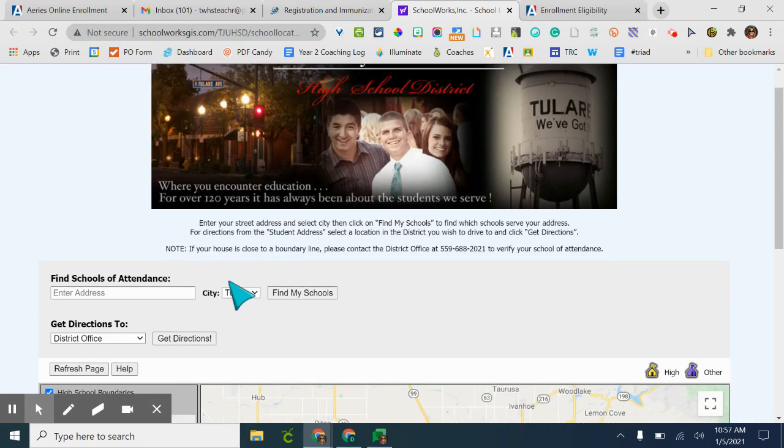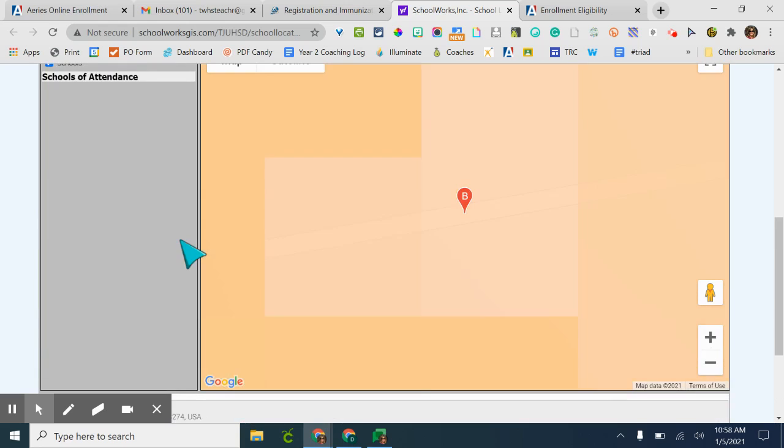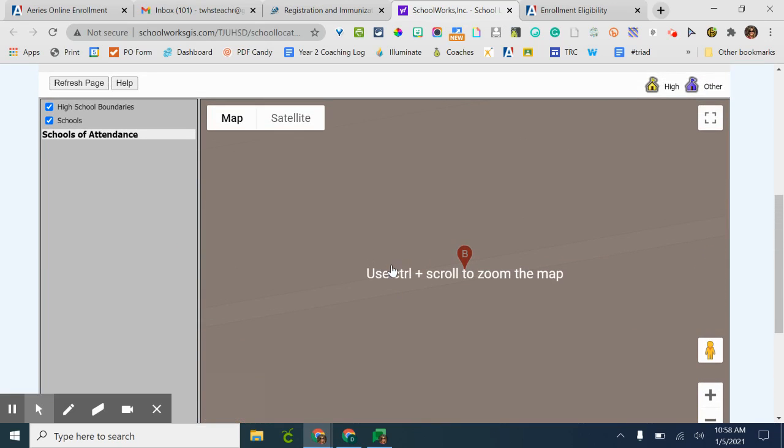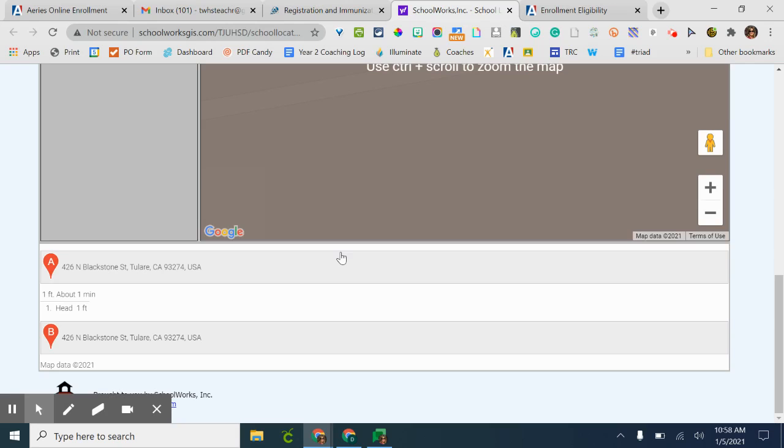And if you click on that and you enter your address, it will tell you which school site you should register at. And so this tells me that my school of attendance